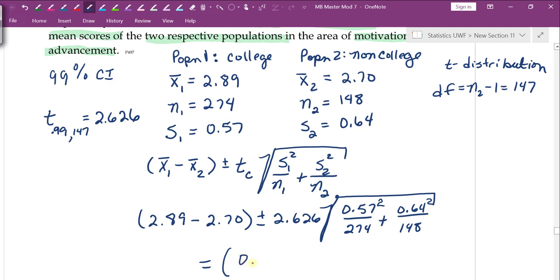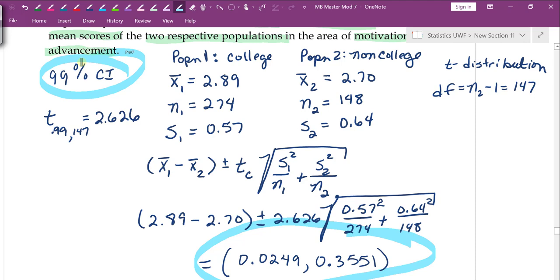Our lower bound is 0.0249, and our upper bound, we're going to do the exact same arithmetic, but we're going to instead add the margin of error, which is going to give us an upper bound of 0.3551. Okay, so here is our 99% confidence interval about the difference between motivation